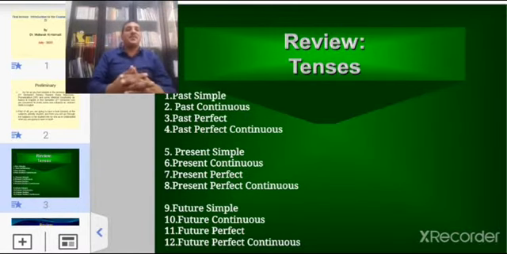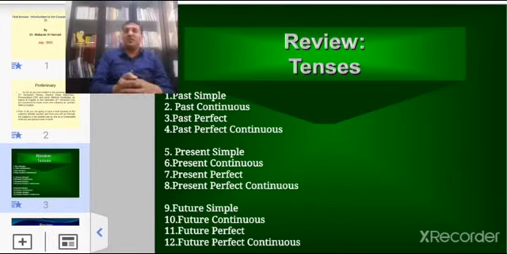Simply. Present simple. Now we are in the present tense, because past perfect continuous, as I was told by your teacher, Ali Sultan, that he didn't teach you past perfect continuous, present perfect continuous, future perfect continuous. These three tenses were not being taught by him. So we'll neglect them in this lecture, and if there are any questions, you can ask me regarding these tenses, or regarding any rule in English. Okay, here we start with the present simple.